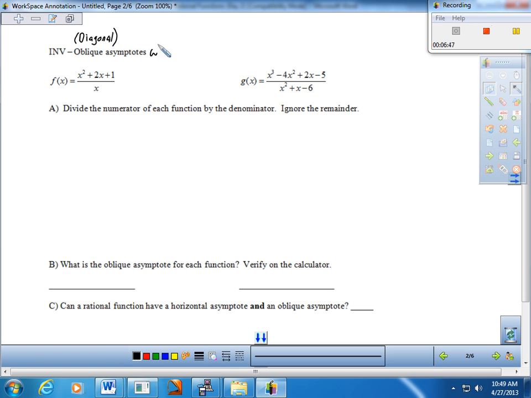And it occurs when the degree of the numerator is 1 greater than the degree of the denominator. And let's see if I can get this in. Degree of the denominator. This is another way to describe end behavior, by the way. So we'll be looking at the ends of the graphs, of course, and take a look at it in relation to horizontal. So if I asked you to look at this particular function right here,